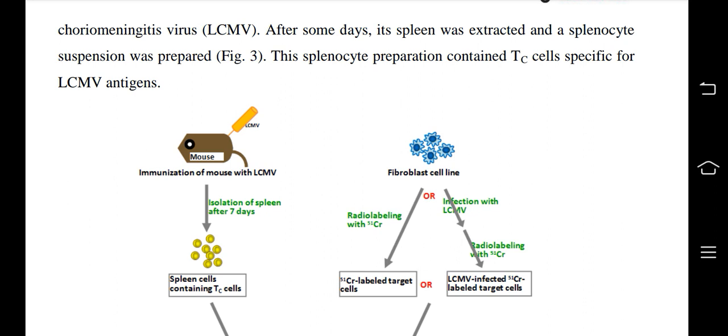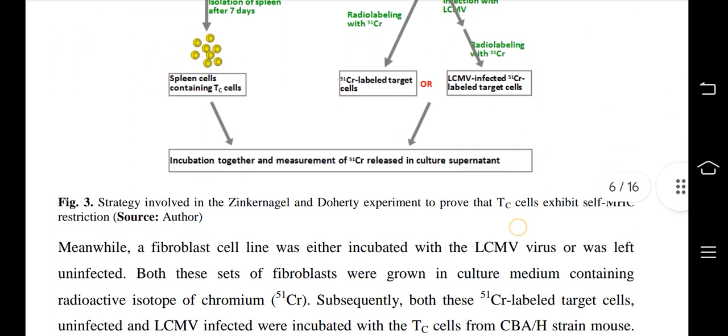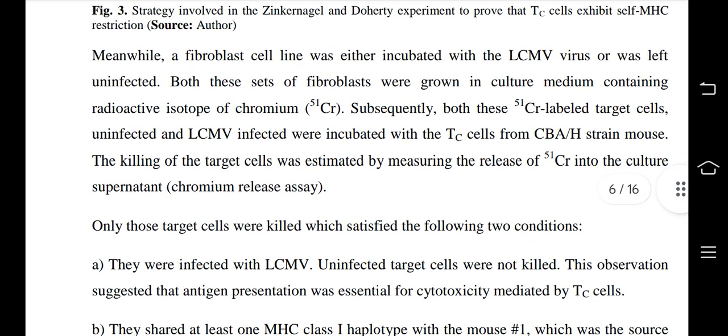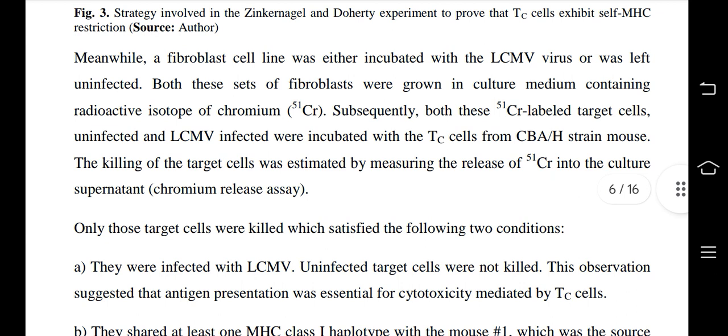Then a fibroblast cell line, radiolabeling with 51Cr, incubation. Meanwhile, a fibroblast cell line was either incubated with the LCMV virus or was left uninfected. Both these sets of fibroblasts were grown in culture medium containing a radioactive isotope of chromium. Subsequently, both these 51Cr-labeled target cells, uninfected and LCMV-infected, were incubated with the TC cells from the CBA/H strain mouse. The killing of the target cells was estimated by measuring the release of 51Cr into the culture